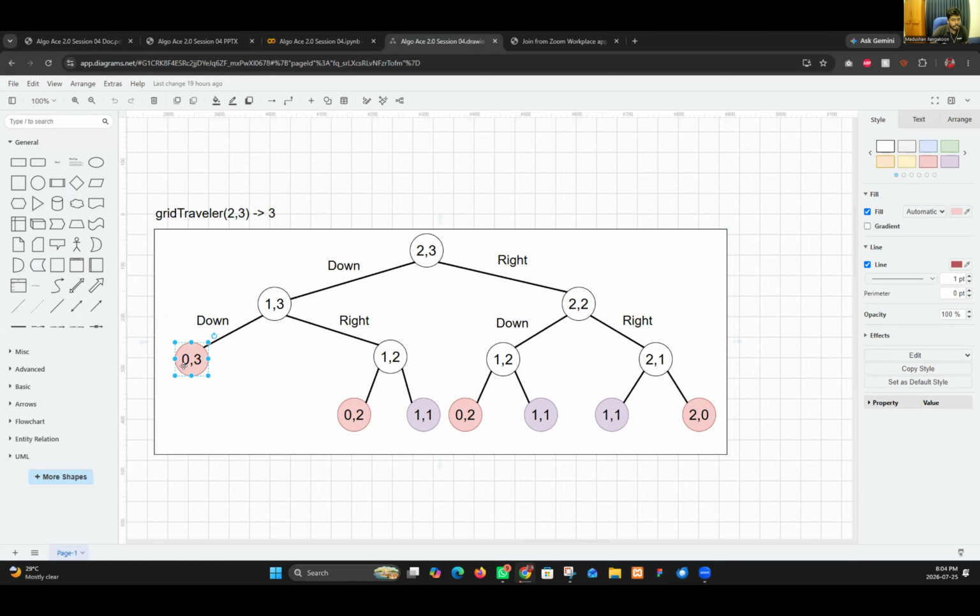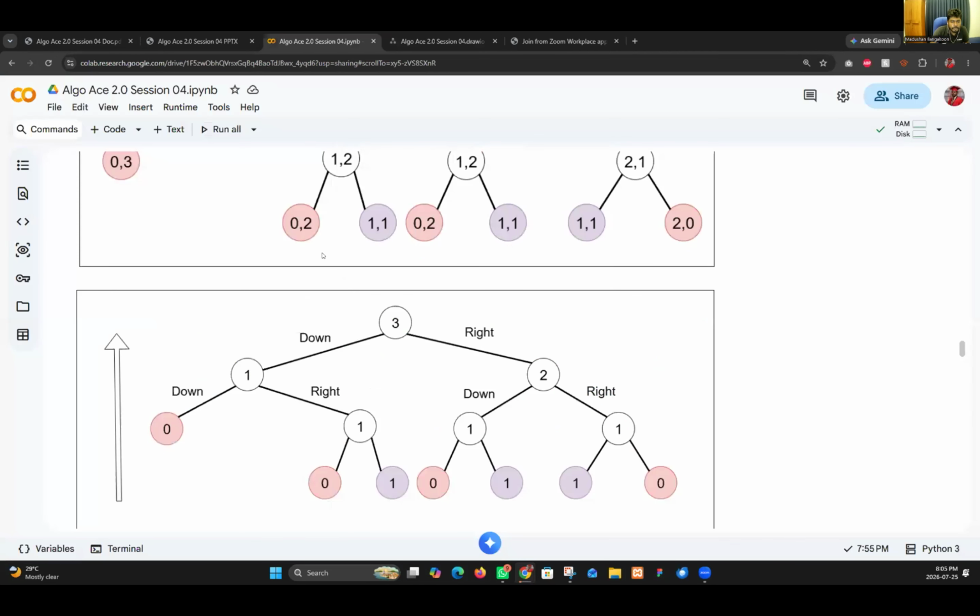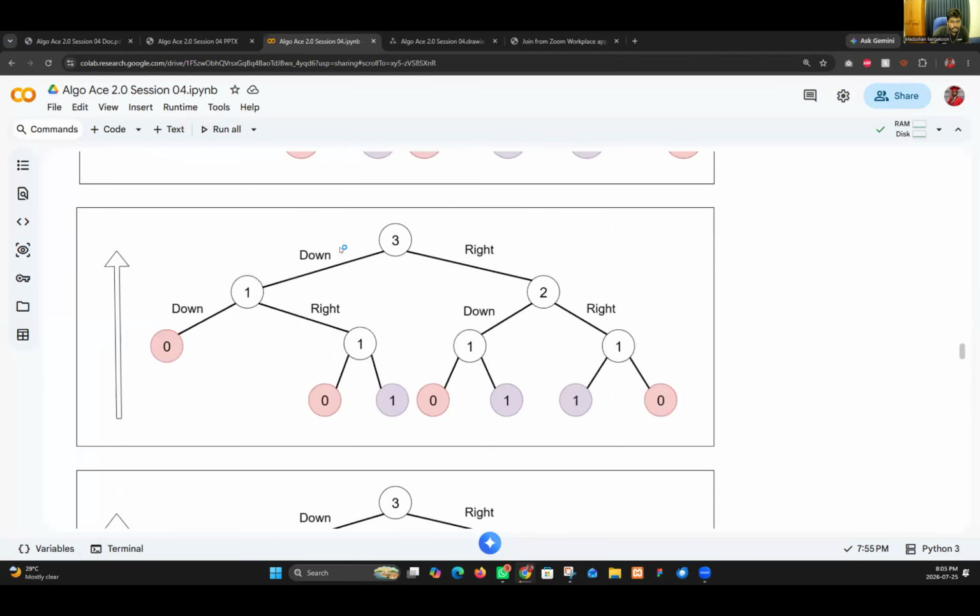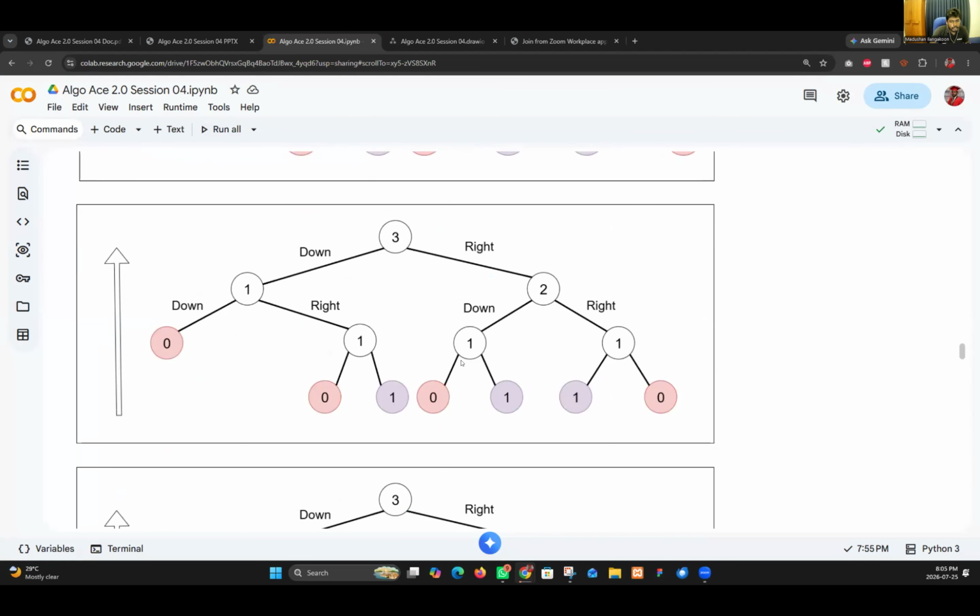So it starts at the 0 row and the 3rd column. You will get it like this, but I will come to this at the end. I think this one is right. I think the first one is you need to go down, down.